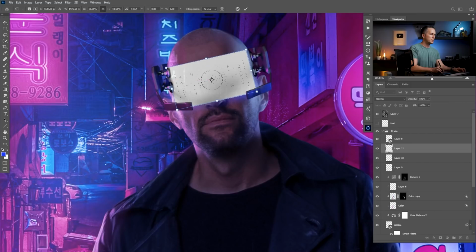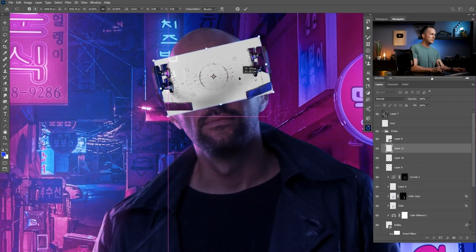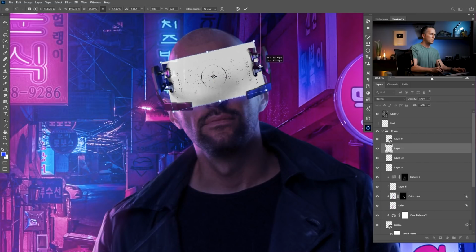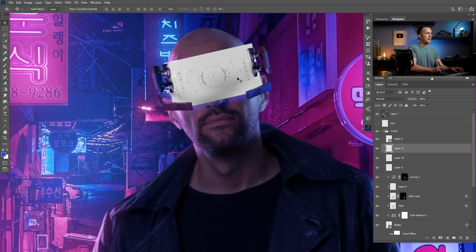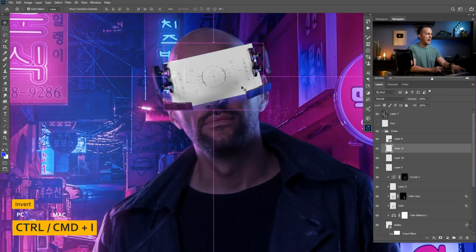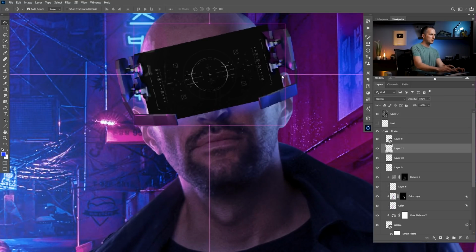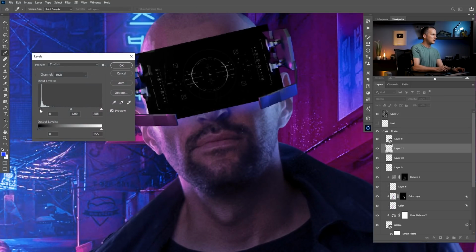Rotate it, put it here, make it a bit bigger. Probably something like this. Press OK. I want to invert it, Control or Command I, and also I want to use levels on here and this. So I want to make these things a little bit brighter,